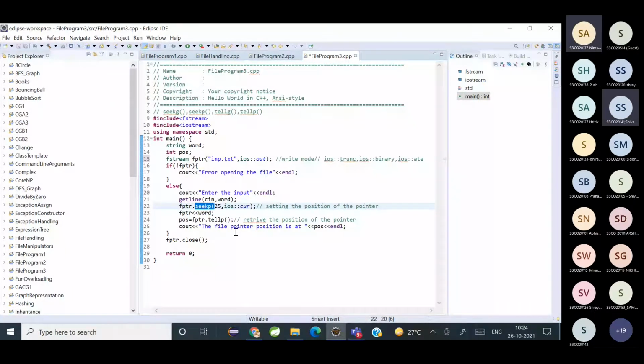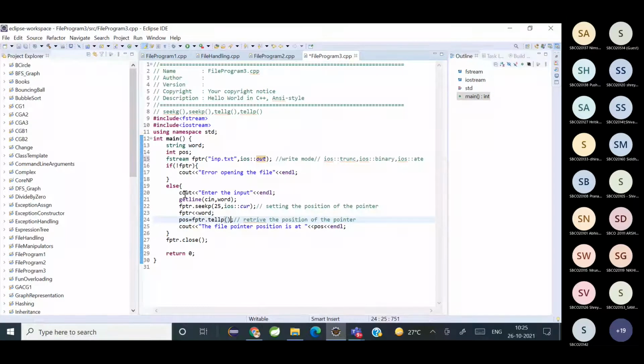Seek p. Understood? अगर मैंने यहाँ पे ios::in लिखा होता, तो what would I have used here in line number 22? Seek g. Yes, I would have used seek g.